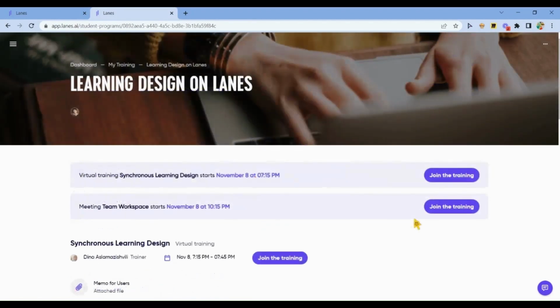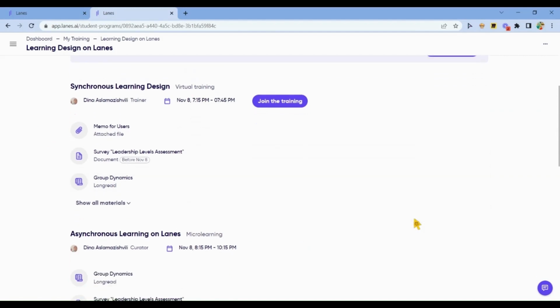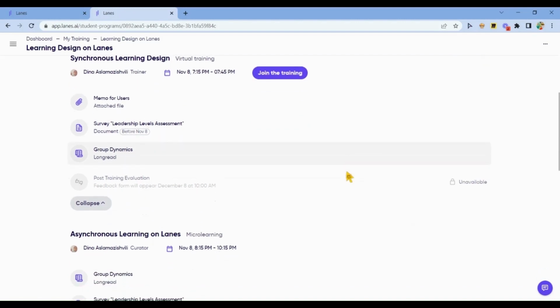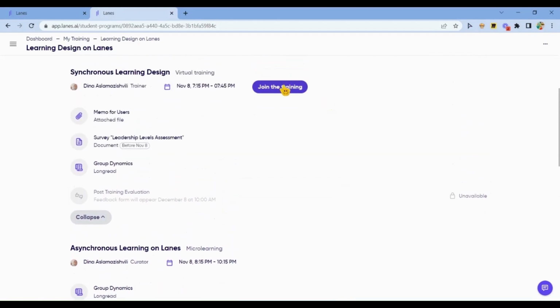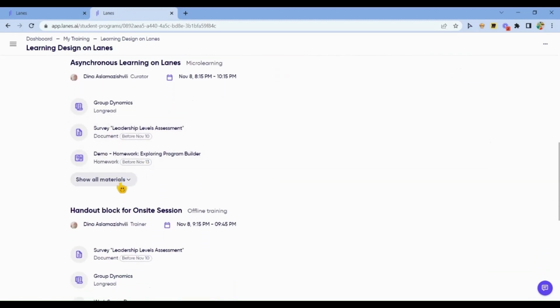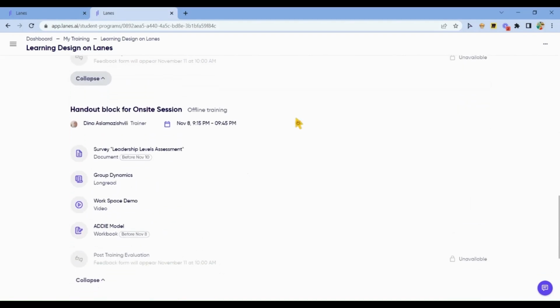It is a blended learning program designed on Lanes. It's a combination of different elements: virtual training for the meeting in the virtual classroom with the trainer, microlearning with different materials and exercises for self-study,